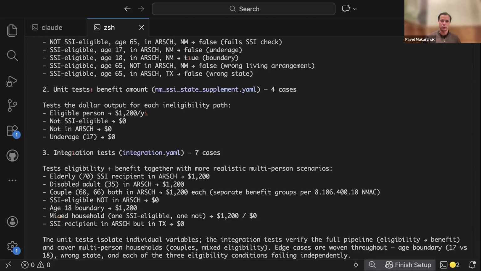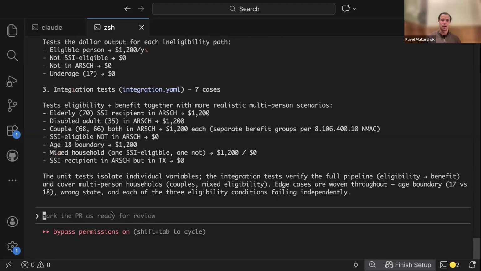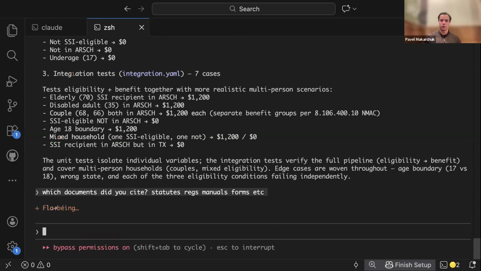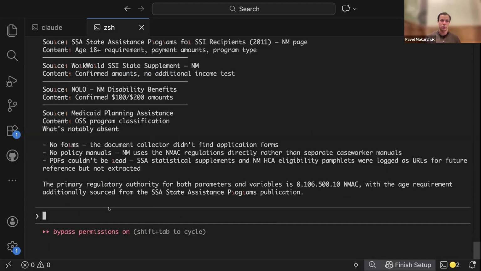We do handle it in the code. I know there was a question earlier: we backdate our parameters with an effective date tag. So if there's a change due to inflation, depending on what year you run our simulation over, you get the values for the actual effective date. And the same goes for logic. We have parallel structures if the logic completely changes and a state rewrites the way they do the child tax credit and maybe decouples from the federal rules, or has a match. If there's a year-to-year change, we account for all of those as well, tied to the definition period in the year, which is then passed through in the simulation and microsimulation.